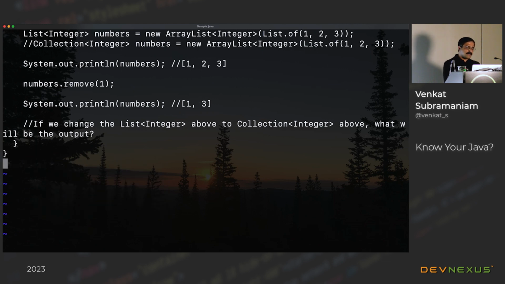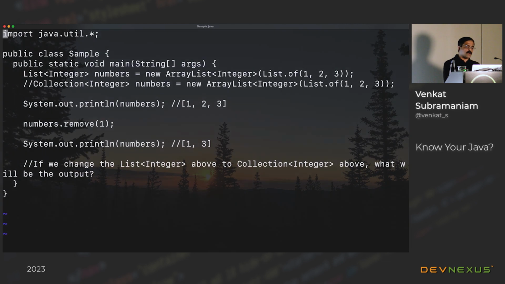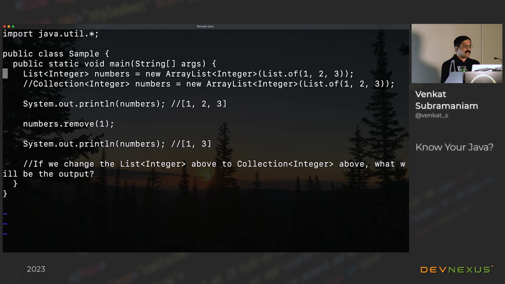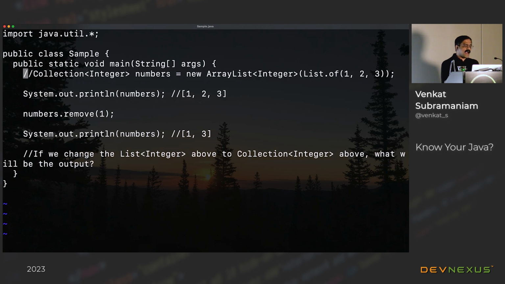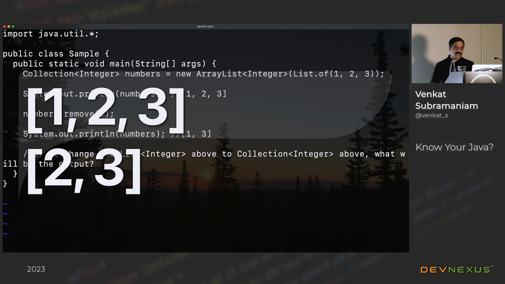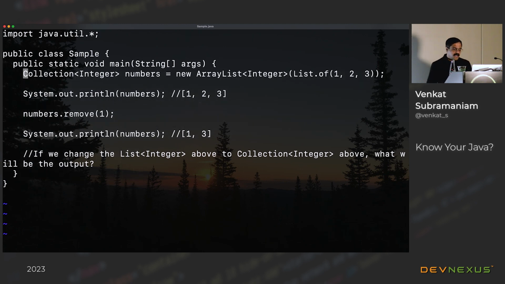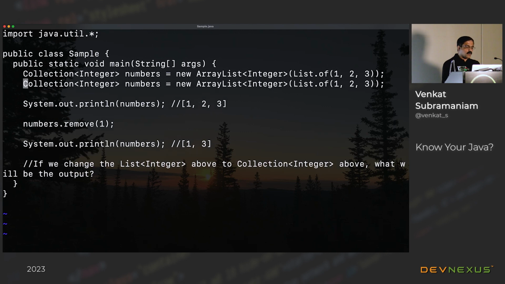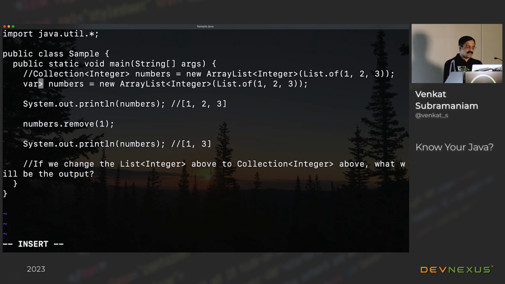Now, this is a problem with the way we have overloading and overriding. But having said that, things can become a little bit more surprising, if you will. Suppose you had a piece of code like this, and when you run the code, obviously, you see a value of 1, 2, 3, and 2, 3, so that's all great. And then somebody like me comes along who is really, really excited about type inference. And so I want to change this to a var. Now what's going to happen?